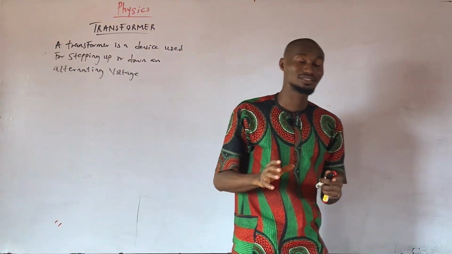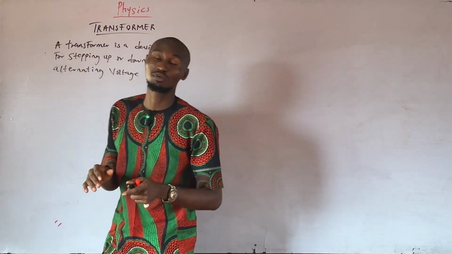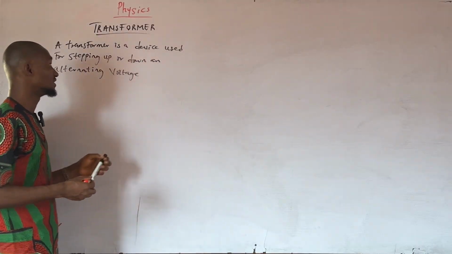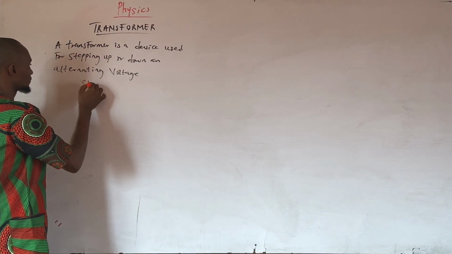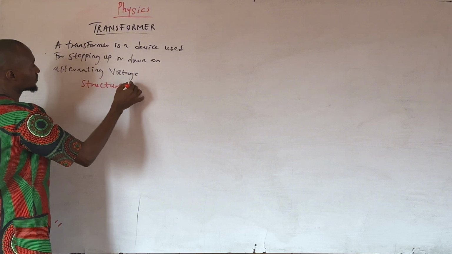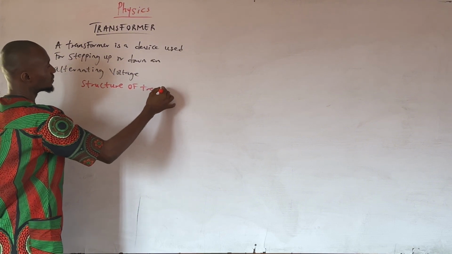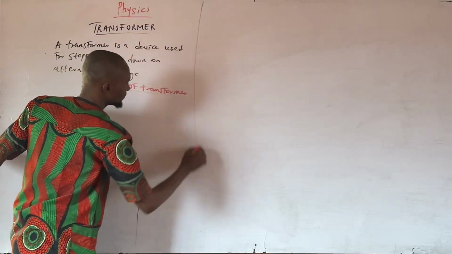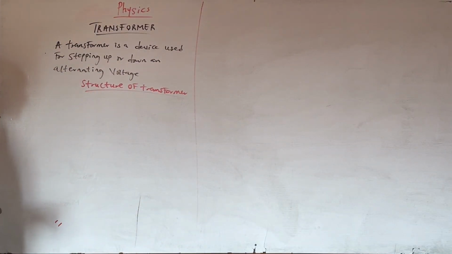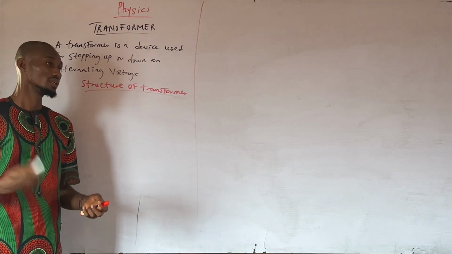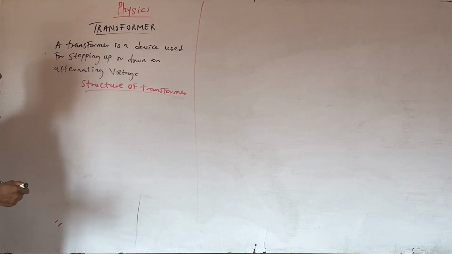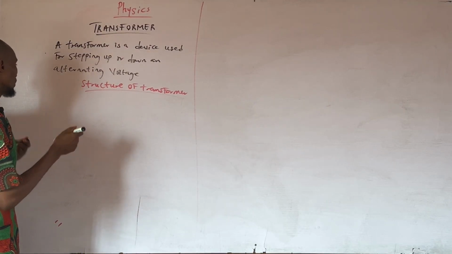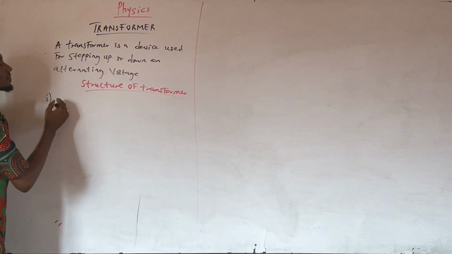Now, before we dive into the concept of transformer, we need to understand the structure of a transformer. The structure of a transformer. Is this marker visible? A transformer has three structures. It has how many? Three. One is